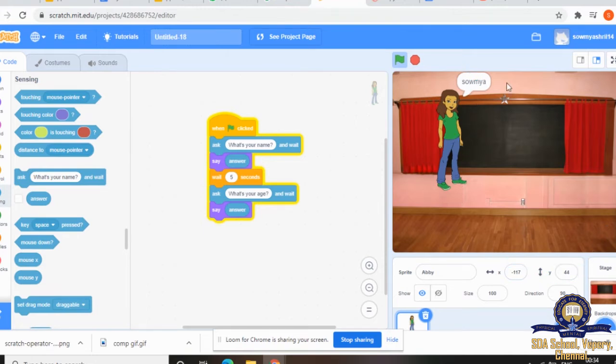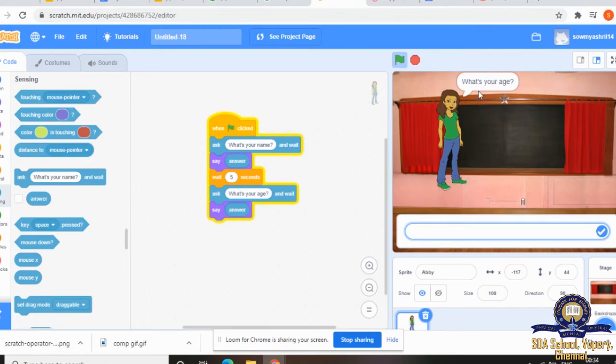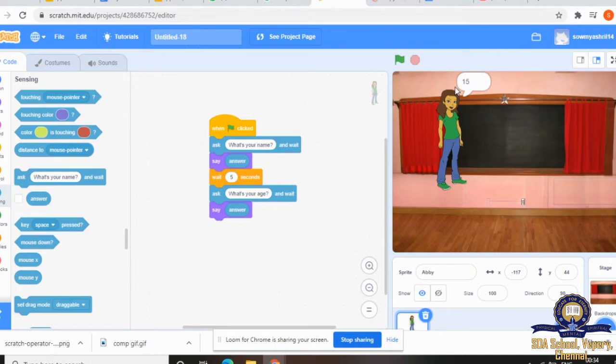So she's telling Soumya. Then she's asking, what is your age? I'm telling 15 is my age. Then I'm going to tick here. She's telling 15. So this is how you create with the sensing block.